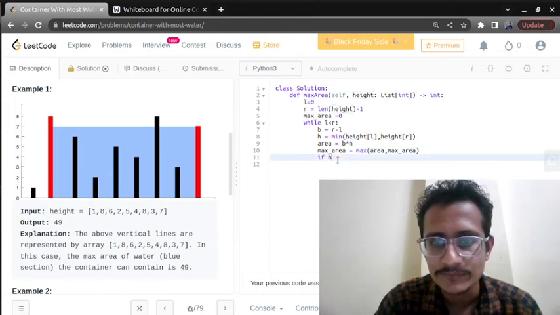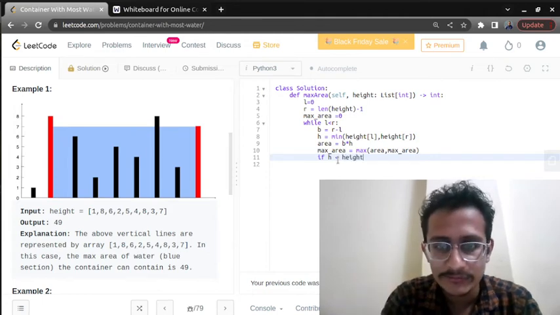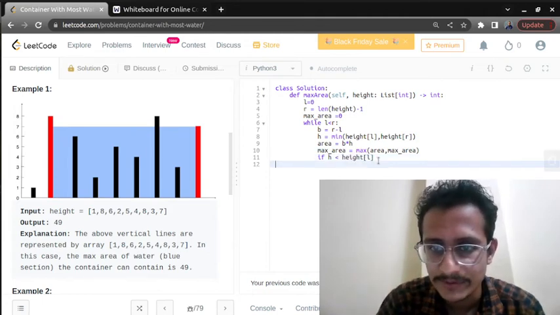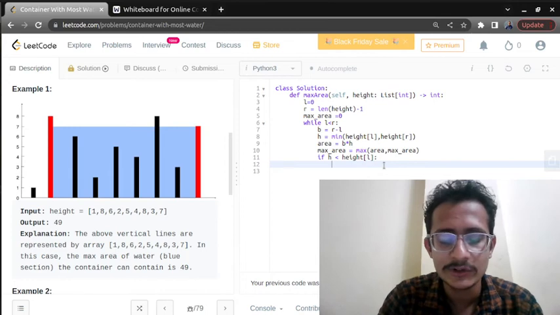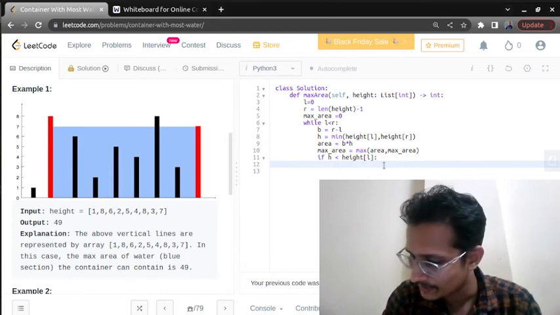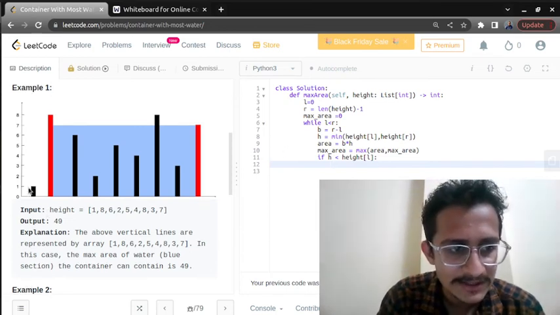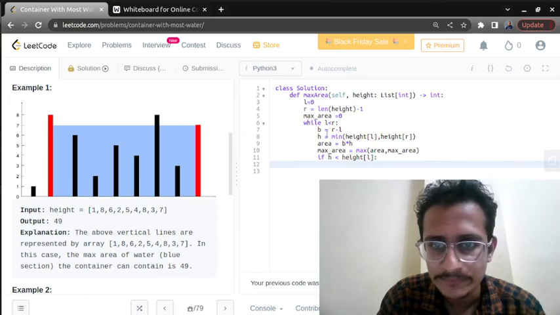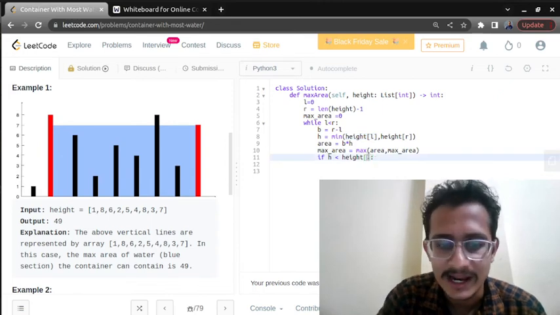So if H is less than height of last, this is the case where 1 is less than 7. So we need to move the left pointer in this case, because this is smaller. So H will contain the value height of L. It will be less than right.